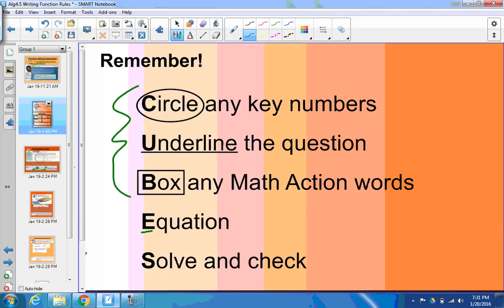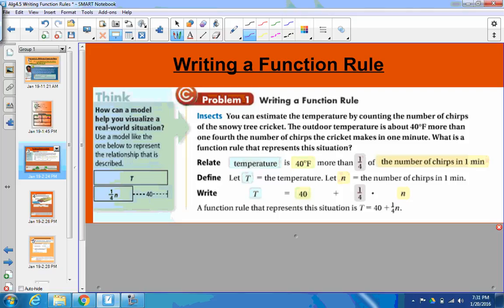Right here, CUBES. So some of them are easier than others, but this one says you can estimate the temperature by counting the number of chirps of the snowy tree cricket. Interesting. So if you have a snowy tree cricket, you can estimate the temperature outside by how many chirps they do. So the outdoor temperature is about 40 degrees Fahrenheit more than 1/4